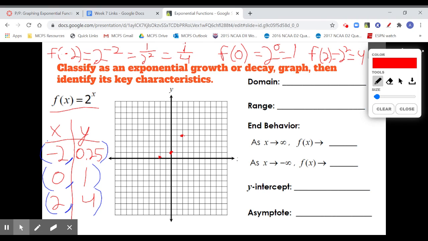Like for instance, if I were to plug in 3 for x, I would have 2 to the 3. 2 to the third power gives me 8. So I would have the point (3, 8), right? So I could go ahead and plot that too if I wanted. But if you have 3 points on the graph and you picked them wisely, then you probably should be